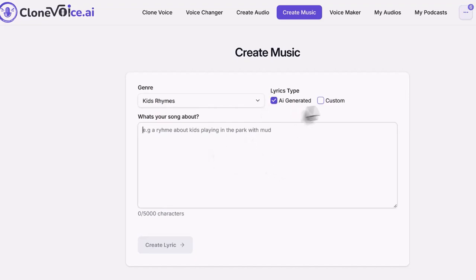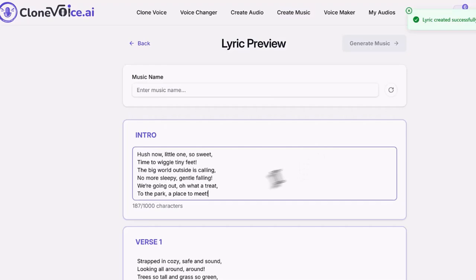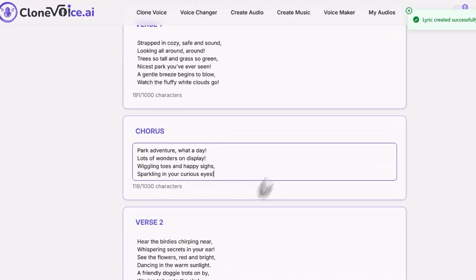One is you can use the custom and paste the poem or rhyme right here, because this is kids' rhymes and songs. The other is AI generated. So let's say I wanted a rhyme about a baby going to the park for the first time, and then you create the lyrics. So that's AI generated. This is recommended because it's smooth and set up,